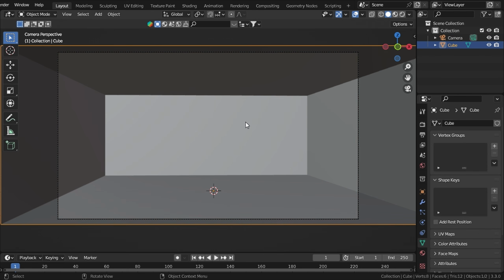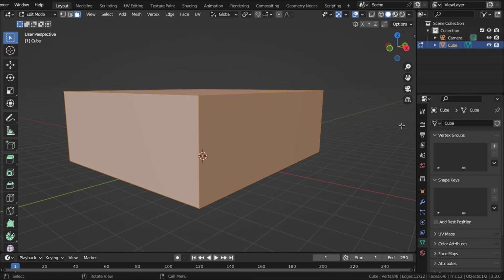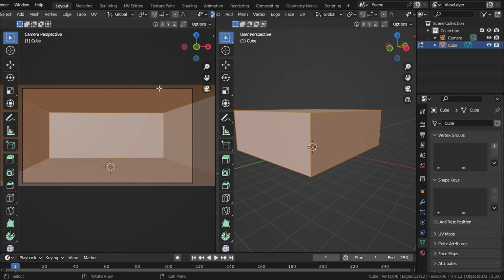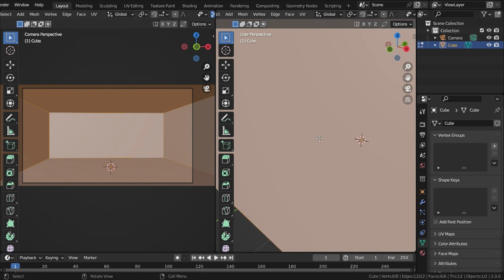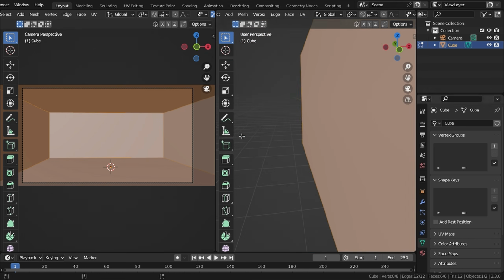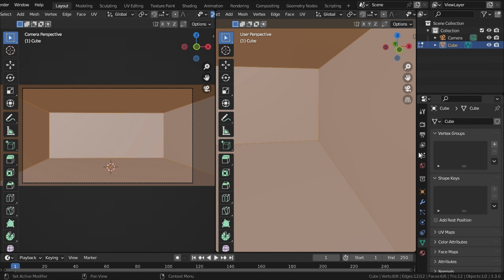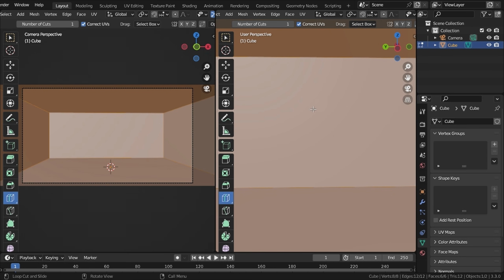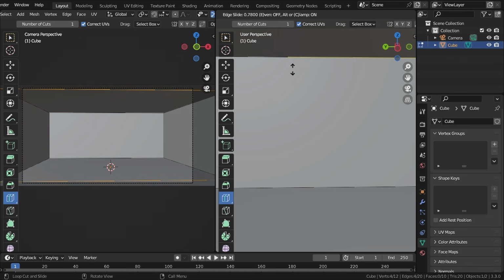Okay, so now we need to add some subdivisions to add windows in our room. So let's select our cube and let's go to edit mode, and let me just split my view. So vertical split, and I will set this one to camera view and this one to perspective. Now let's go under our scene, and now let's add in some subdivisions. Now let's select a loop cut and let's add in some subdivisions. So you can see in the camera view where we are adding subdivision. So let's add in one here for a big window,